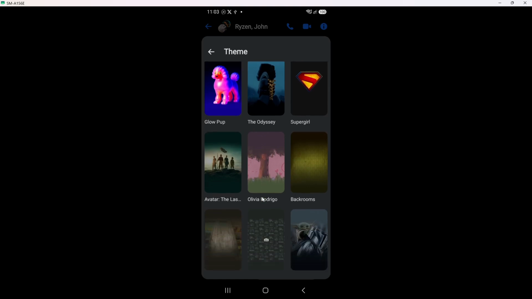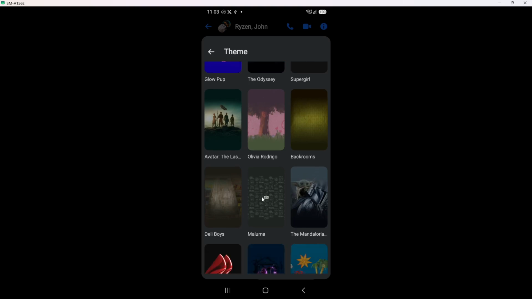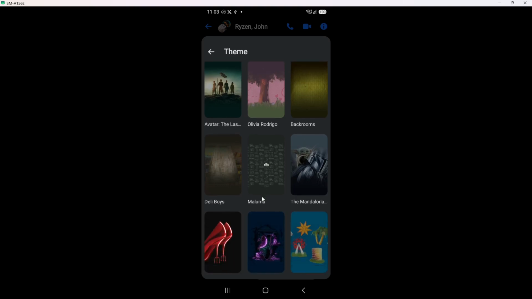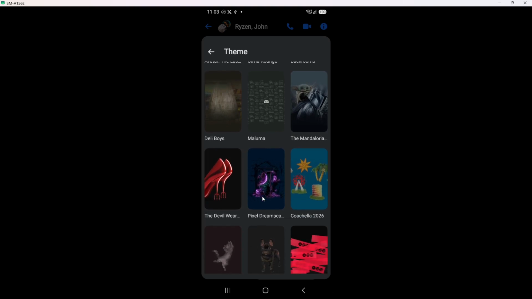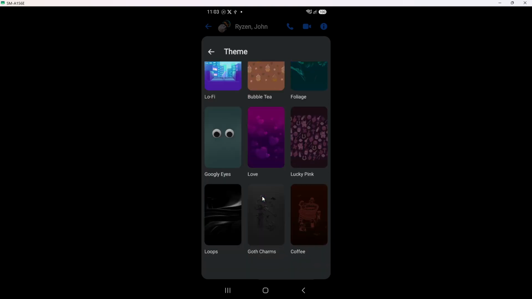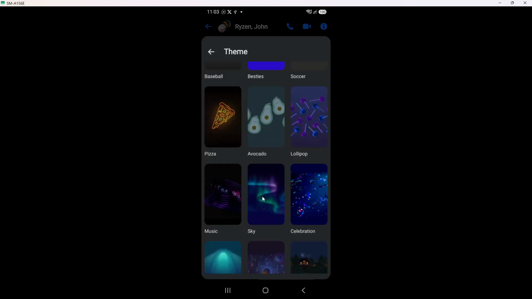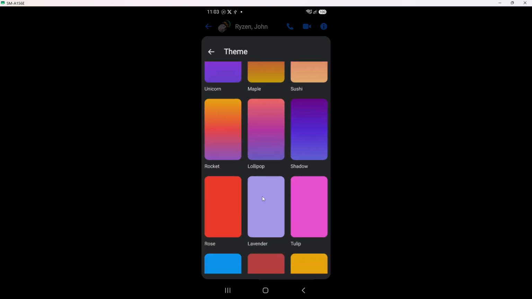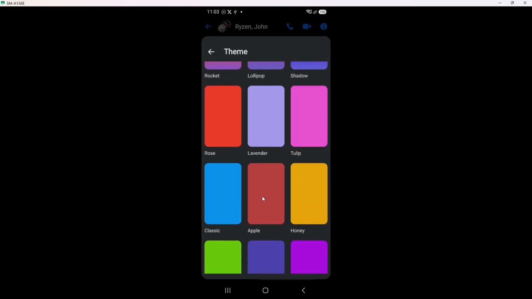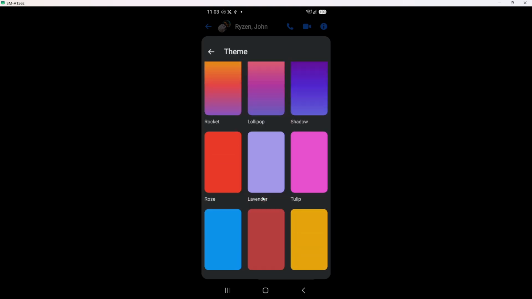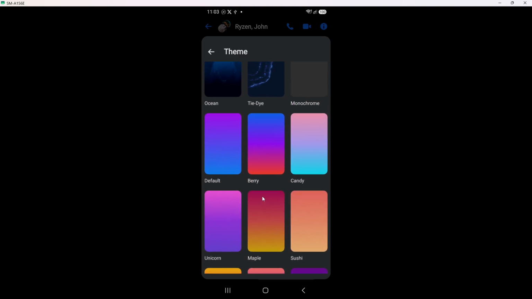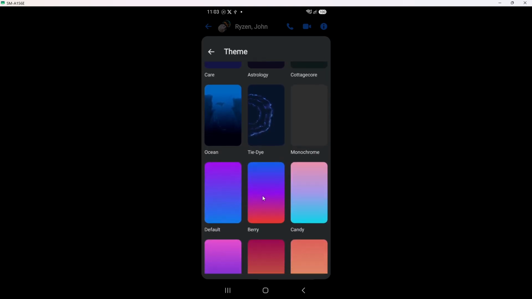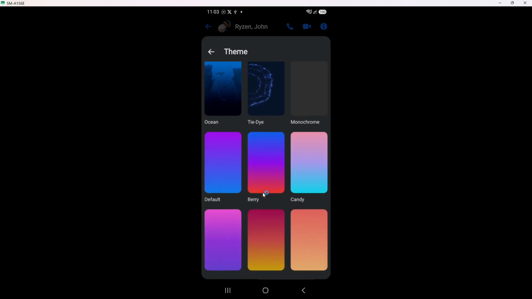Now you will choose what type of style you want. You will see three main sections called wallpapers, colors, and gradients. Wallpapers are more detailed designs, often with patterns or artwork that fill the background area behind your messages. Colors are simple, solid color setups that mainly change the color of the chat bubbles and some accents. Gradients blend two or more colors together, creating a smooth fade across the chat that can make messages easier to read while still looking lively.